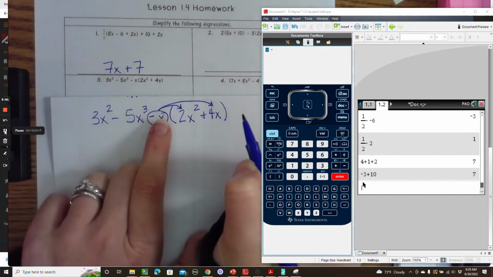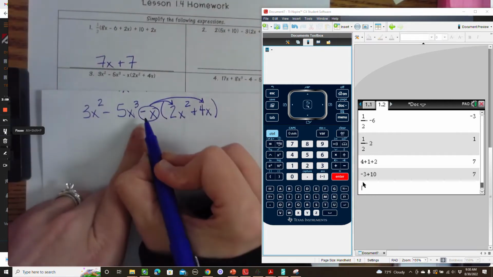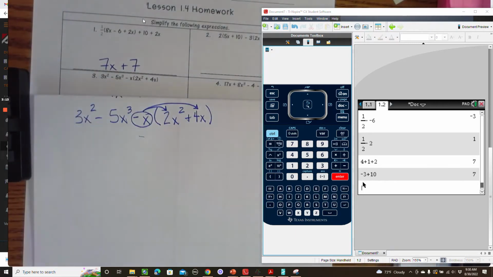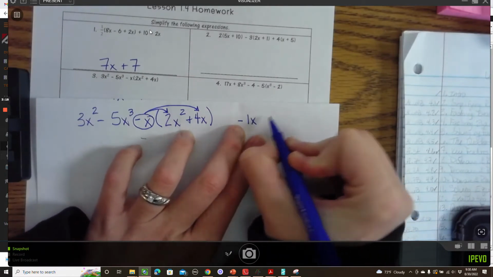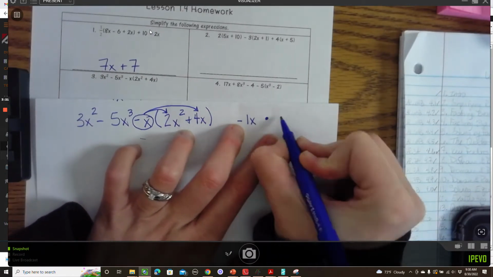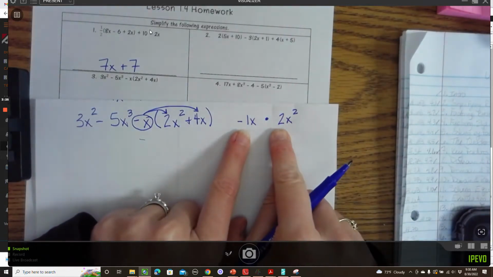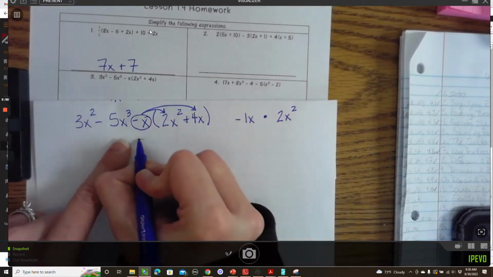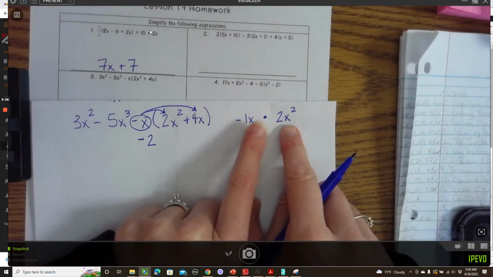Okay, so the first thing I have is -x times 2x squared. Let me take the calculator down so y'all can see. This is like a -1x and then times 2x squared. So I'm going to multiply the coefficients together. -1 times a +2 is a -2. Then I'm going to multiply the variables. So x